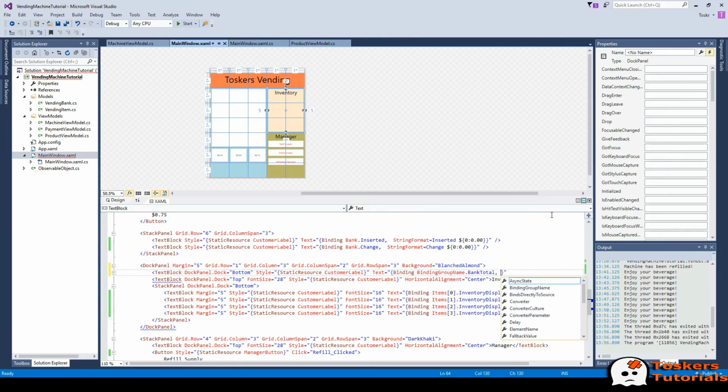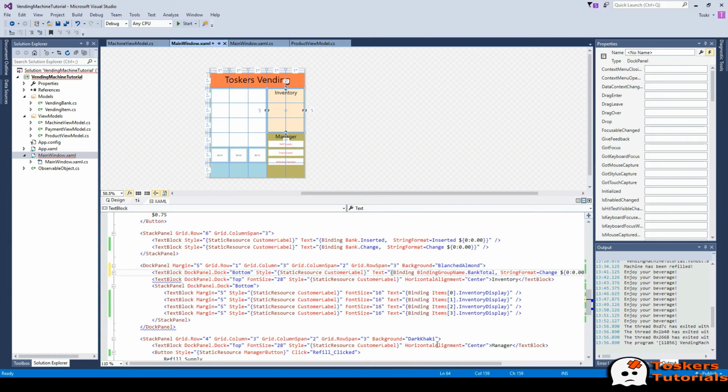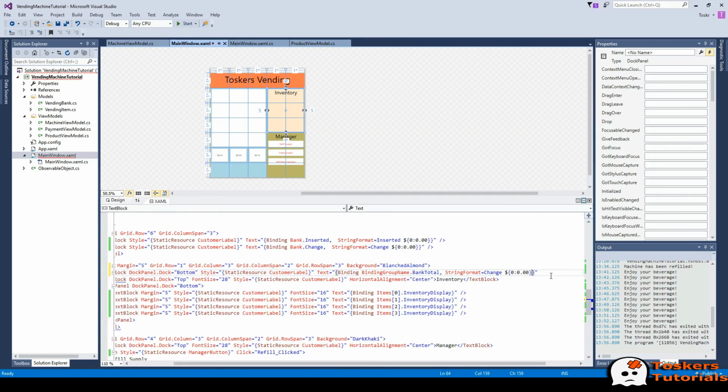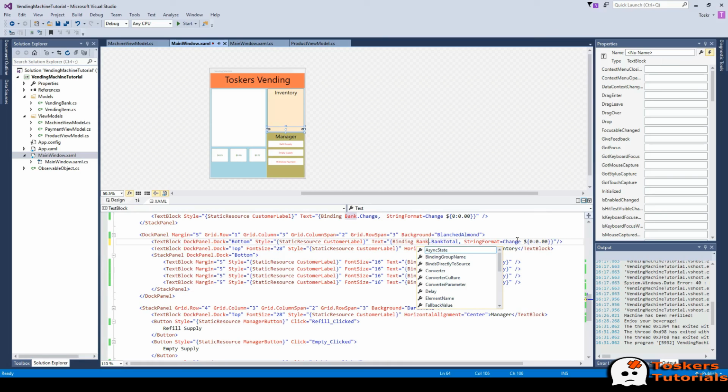total, and then again we're going to want to call a string format, and we're actually going to copy this string format. Make sure we are syntactically correct here. Okay, so now we have our bank total, and we have a little error here. An attribute name is missing, and that's because we did not close our text block here. Oh, and it keeps doing this to me, the IntelliSense. We want to change this to bank.bankTotal and change our change